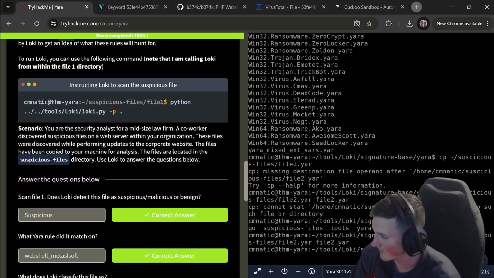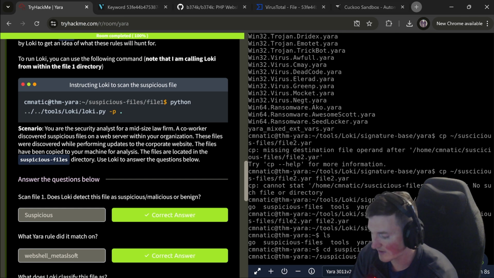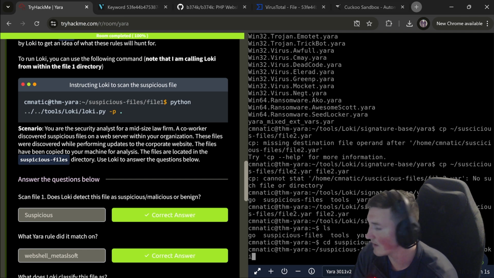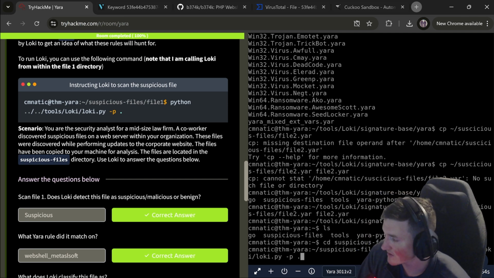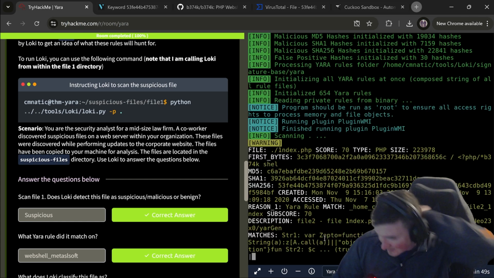Well, it would make sense if we go into the right directory. cd suspicious files, file2, and now we'll say Python tools Loki, Loki.py. And this is the longest possible way I could have done this, so I apologize for this, but I wanted to show you guys that it worked.